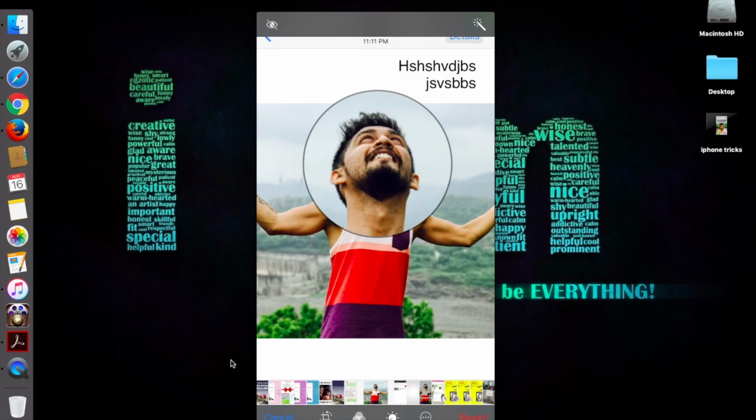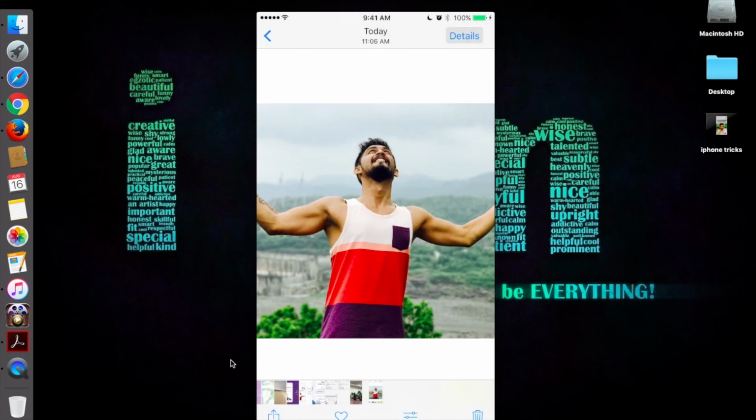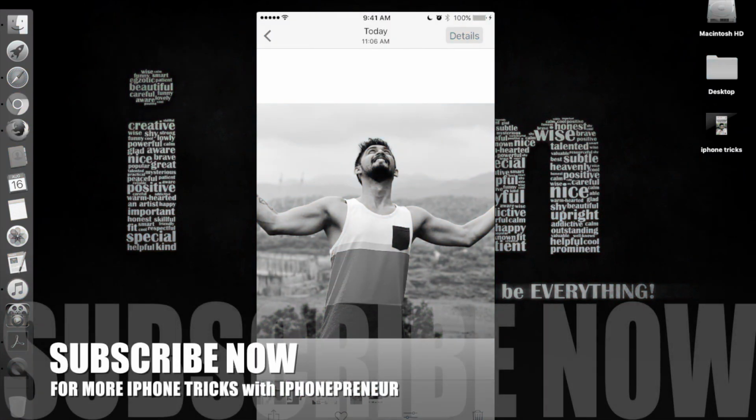If you don't like any of this, you can simply click on revert and it will revert to the actual original version. So I hope you like these 9 tricks,